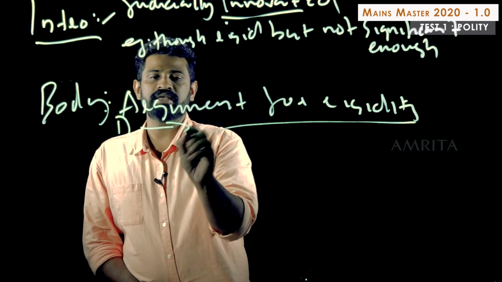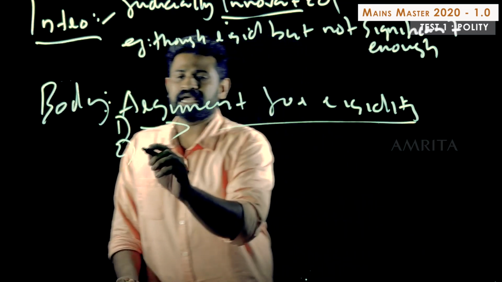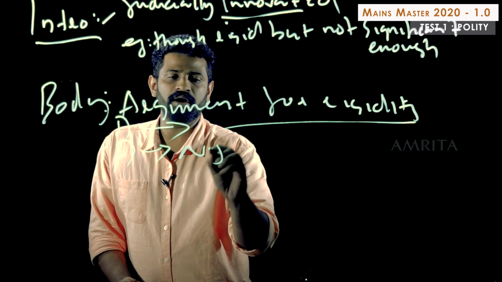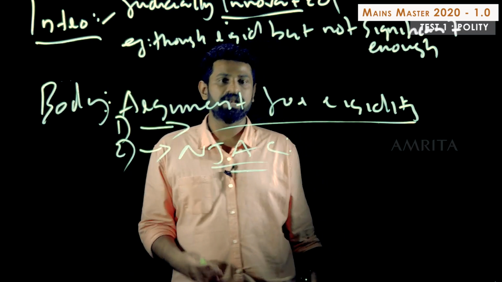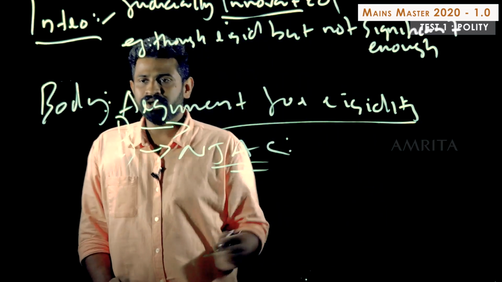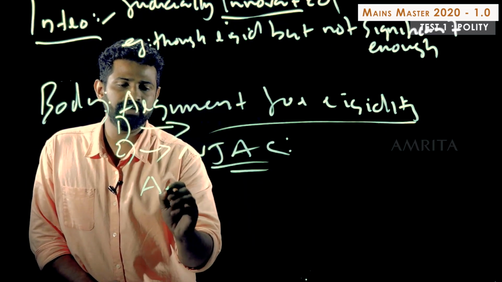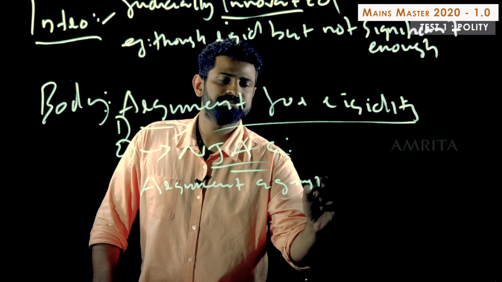Second thing, first is about how normally the Indian Parliament cannot undo certain things. Second is a specific case, which is about the National Judicial Appointments Commission. Okay, you can specifically state that. So these are the two arguments for rigidity you can give. Now you move to the other side of it, arguments against rigidity.